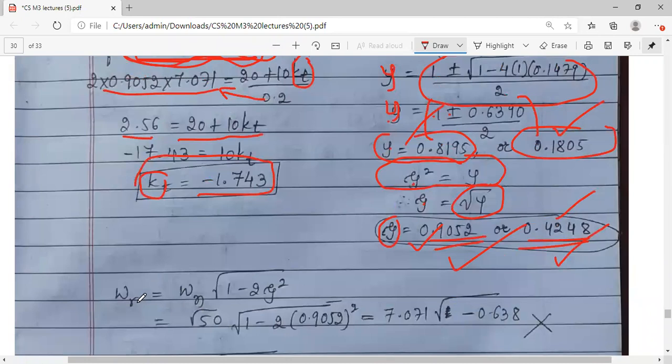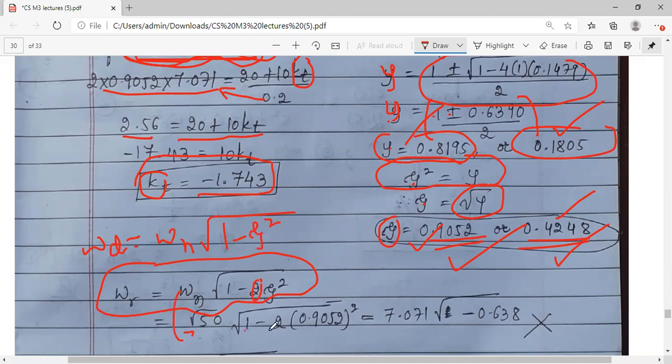Next we need to go for resonant frequency. So Wr is equal to Wn root of 1 minus 2 zeta square. This formula also we have seen in the previous session. What is the difference between this and damping frequency? It is equal to Wn root of 1 minus, it was simply zeta square. Here it is 2 times zeta square. That is the resonant frequency. Wn we have just now got, root of 1 minus 2 into zeta square. We have got two values here.